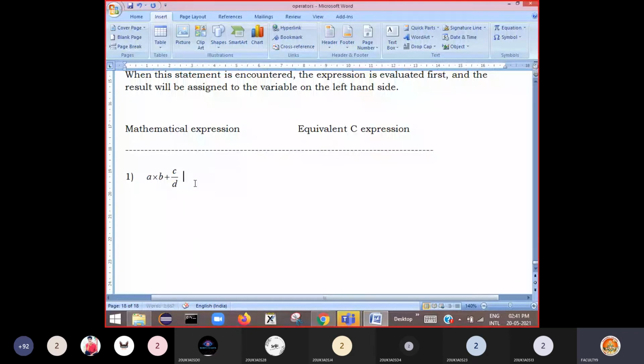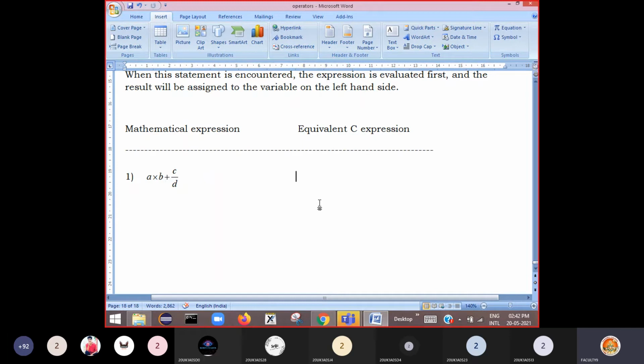Now if you have an expression like A into B plus C by D, how can this expression be written in C programming? It is not the same as written in the C language. If you want this to be evaluated in the same manner, first A into B will be calculated, then C by D will be calculated, then both added. That is your intention, yes or no?